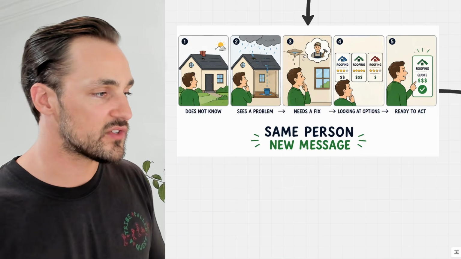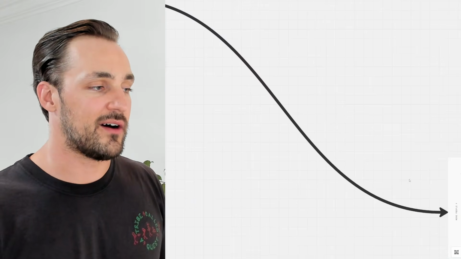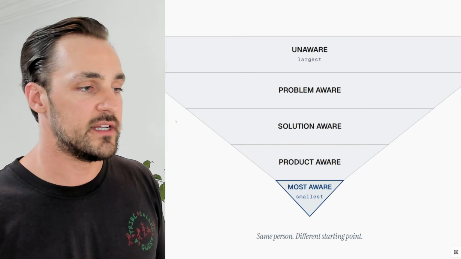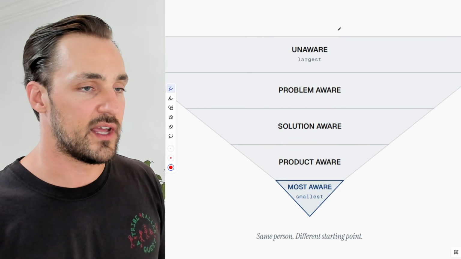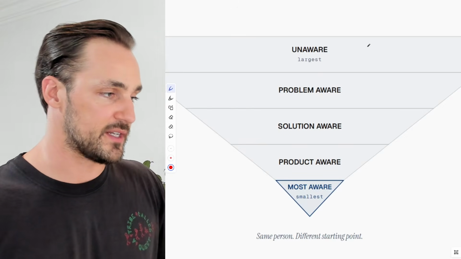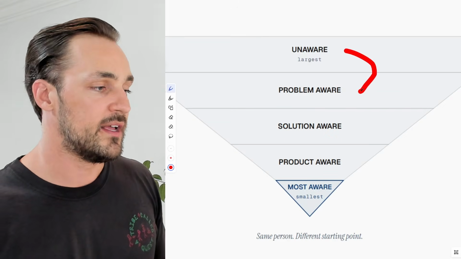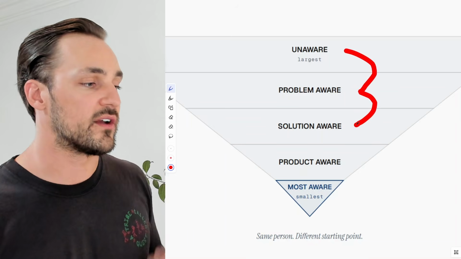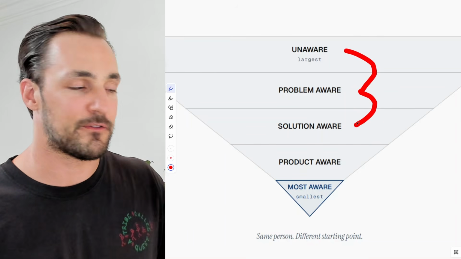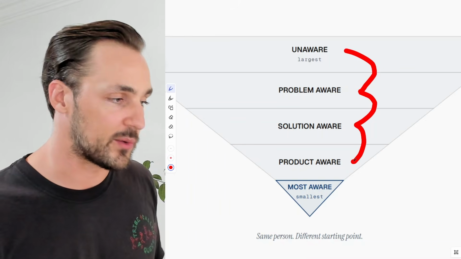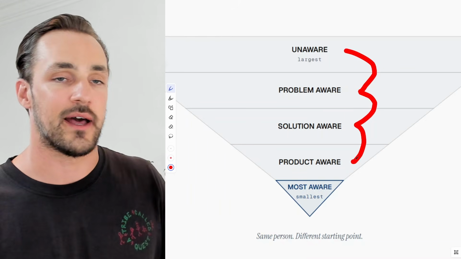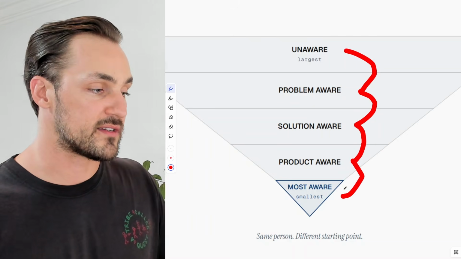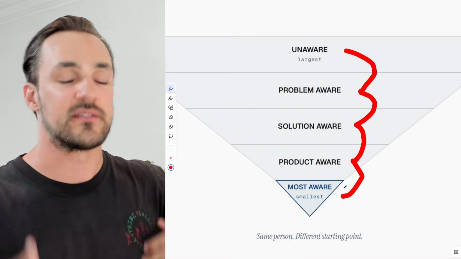today. So let's talk about awareness, right? So at the top, you have someone who is completely unaware, right? Very low awareness. They don't even know that they have this problem in the first place. Then they become problem aware. Now they actually know something is wrong. Then they become solution aware. They understand what type of solution could possibly fix their problem. Then they become product aware. These are the folks that are actually looking at companies, products, and different solutions. Then they're most aware. This is when they're actually close to acting, or in some cases, they're already your customer,